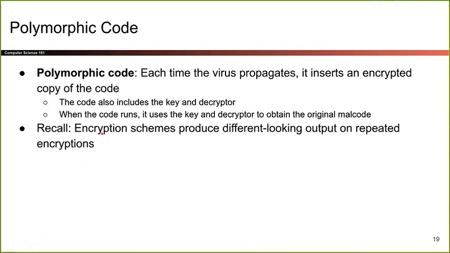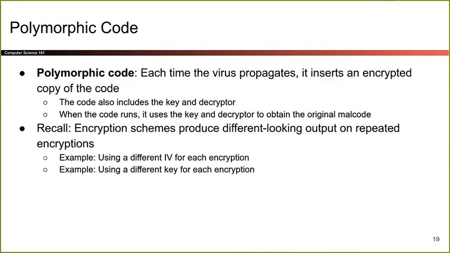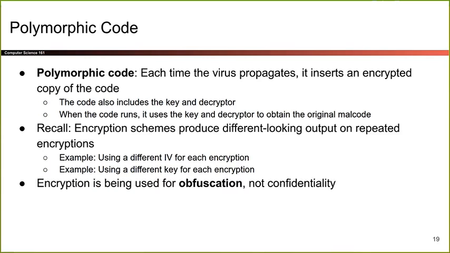So be careful here, because first we'll talk about why this works. The reason this works is because, if you remember from crypto, the encryption scheme produces different looking output every single time. If you're using some IND-CPA secure encryption scheme, when you encrypt something 10 different times, the output looks different and random and totally unpredictable. So if I use a different IV or a different key, then I get different looking output on the repeated encryption. But be careful here, because we're not using encryption to hide